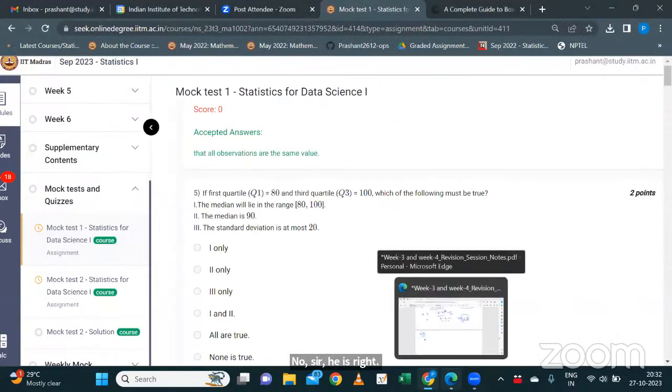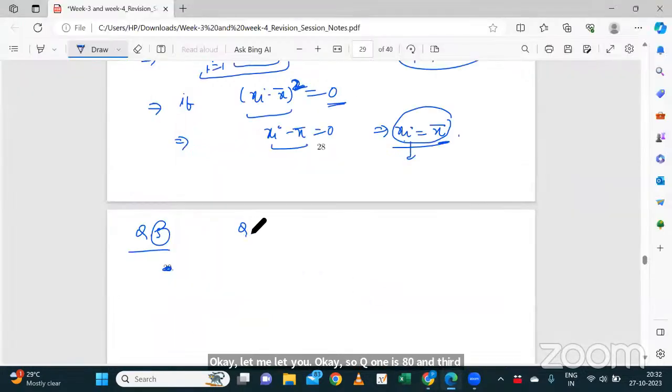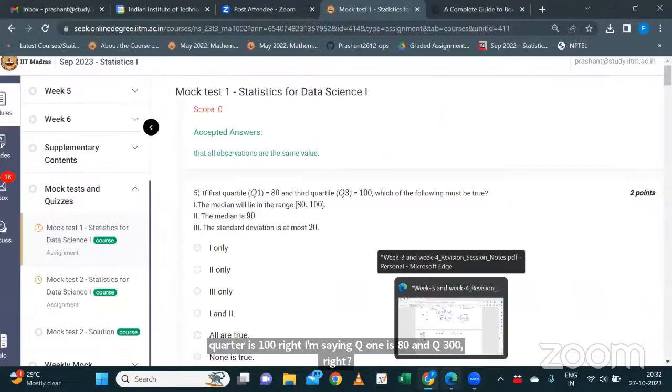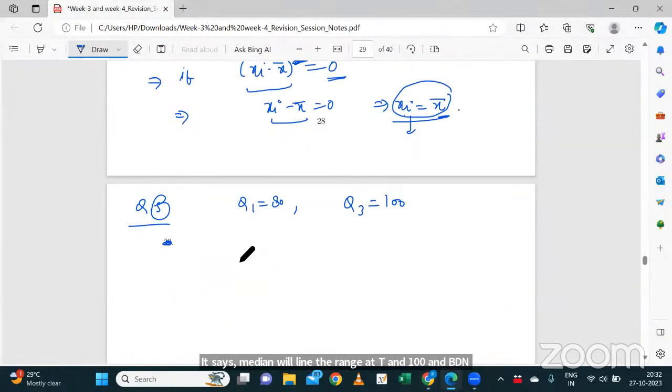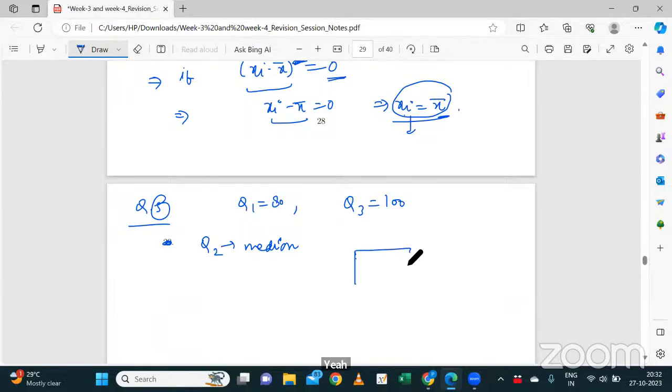Okay, let me do it. So Q1 is 80 and Q3 is 100, right? It says the median will lie in the range 80 to 100. Median is 90. Standard deviation is at most 20. So tell me, what is the median? Median is nothing but Q2, the 50th percentile basically. If you are going to draw a box plot, suppose, so this is the Q1,